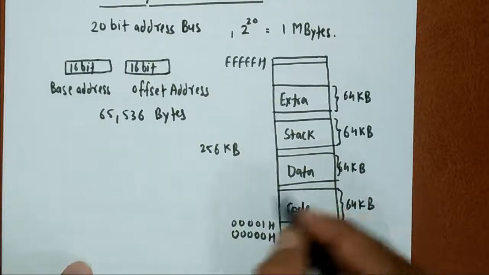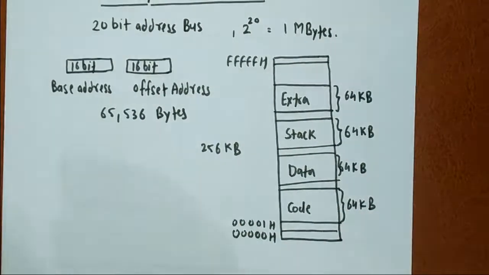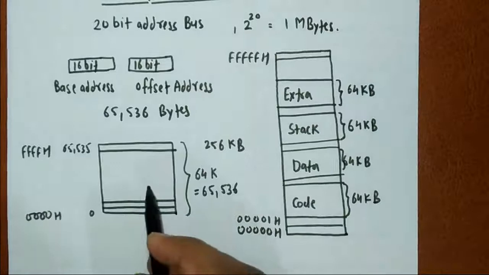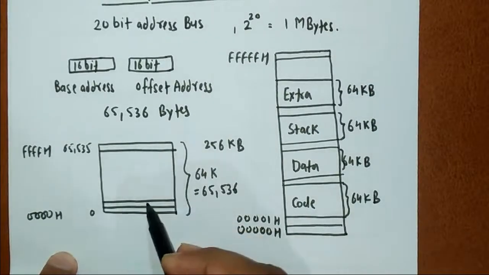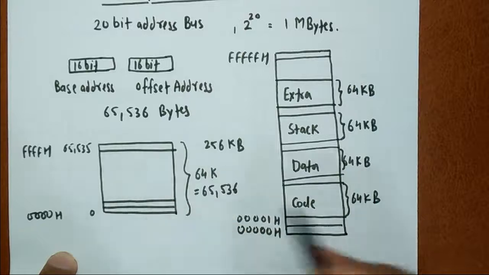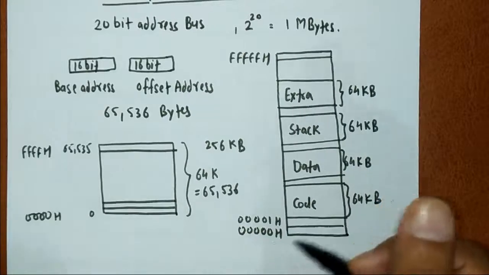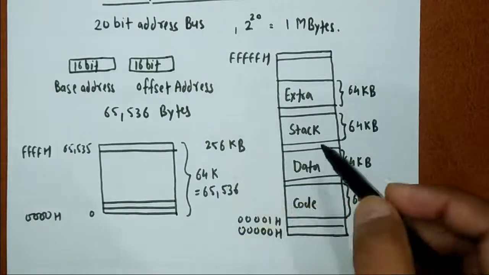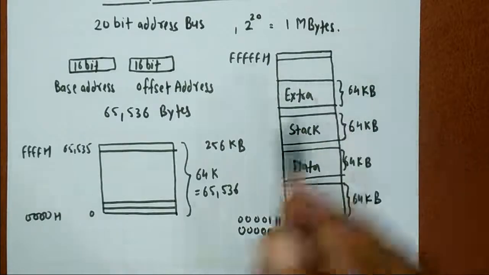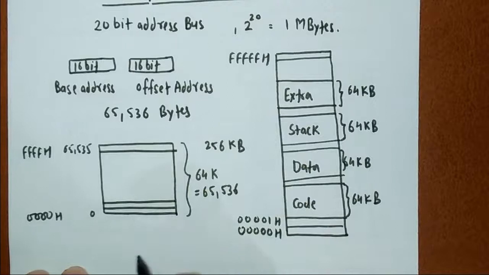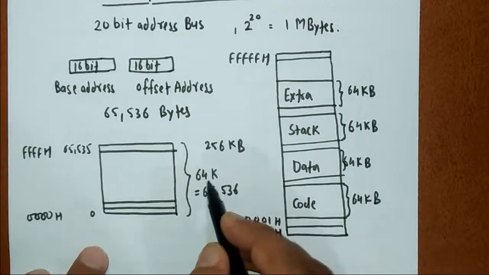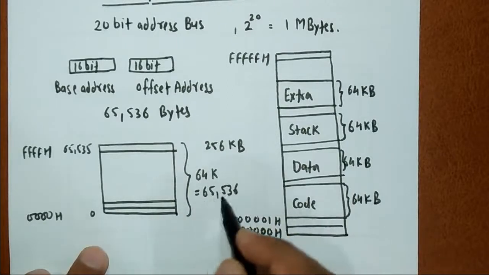So in a particular segment we will have this many registers, and now we can provide numbering to those registers. Now I have made here 64 kilobytes of memory location, and this 64 kilobytes may be of code segment, it may be 64 kilobytes of data segment or stack segment, any one of these. Okay, just simple, it is 64 kilobytes of memory, and in decimal it is 65536 registers.